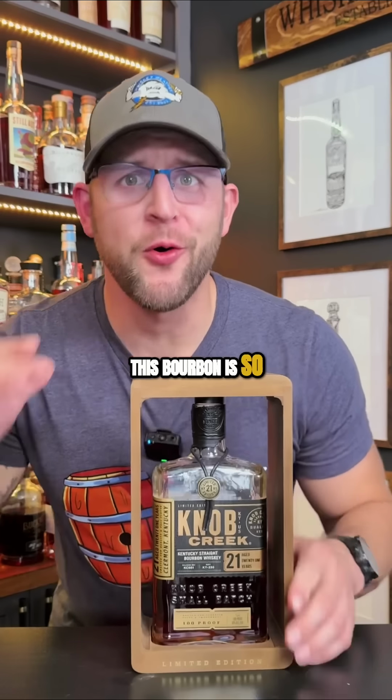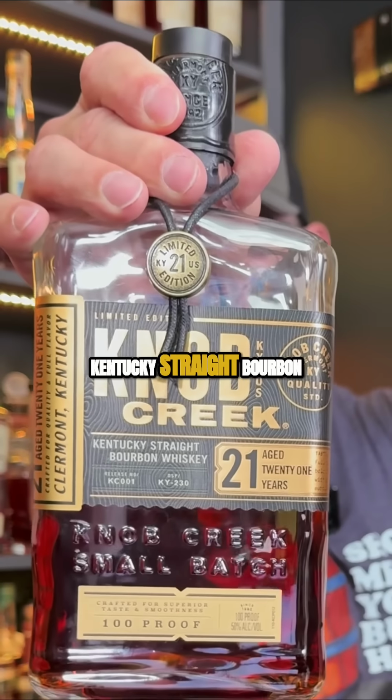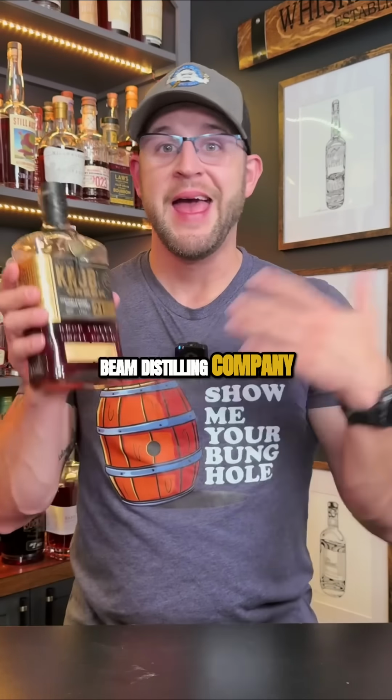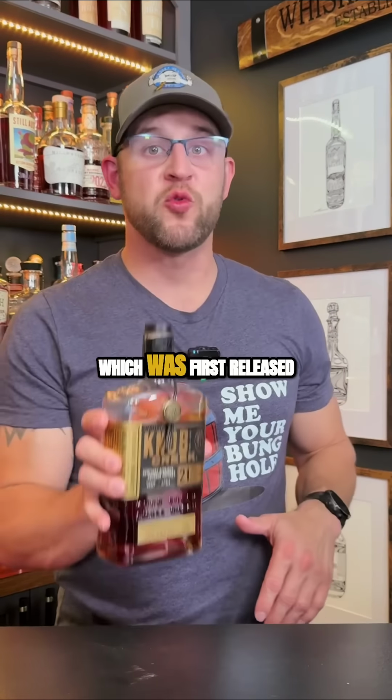This bourbon is so old that it could legally drink itself. Today's forecast is of this Knob Creek 21-year-old Kentucky Straight Bourbon Whiskey from the fine folks over at the James B. Beam Distilling Company, and it follows in the footsteps of the Knob Creek 18 release, which was first released